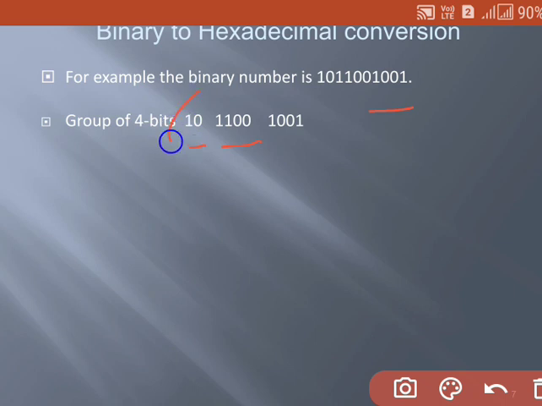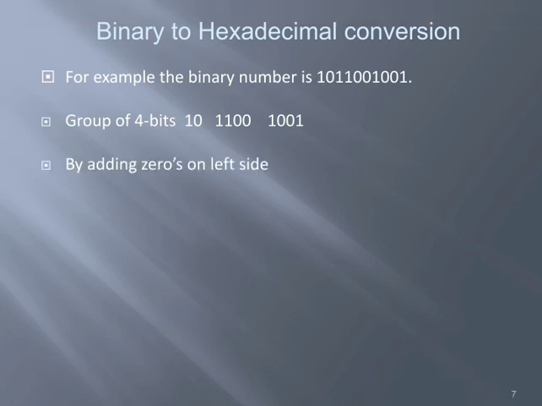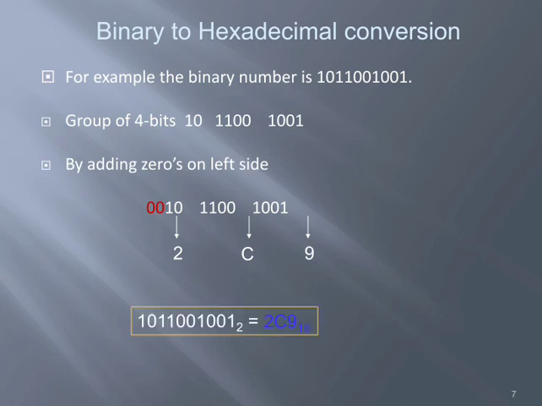And in order to make this 2-bit 01 into 4 bits, I need to add 00 to the left side. By adding zeros on the left side, the last 2 bits also become 4 bits, so that you can replace them with the equivalent hexadecimal digit. So correspondingly the hexadecimal number will become like this. For 1001 it will be 9, for 0011 it will be 3, and for 0001 it will be 1. So 139 is the corresponding hexadecimal number for the given binary number.